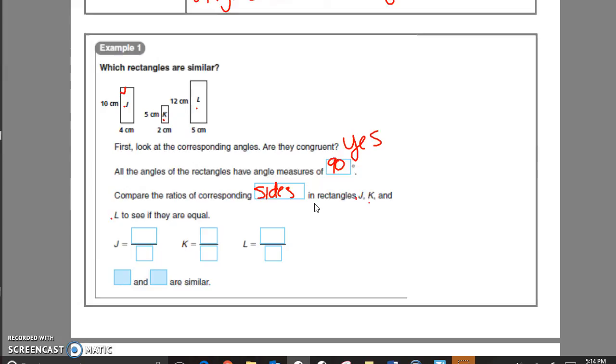they're actually equivalent. So for J, we've got this long side here, and that's 10 centimeters, and then the shorter side, that's 4 centimeters. So looking in rectangle K, the longer one goes on top. This matters. That's just like proportions from yesterday. The same thing goes on top as the bottom. So corresponding here would be the longer side, 5 and then 2. And then the longer side here, 12 and 5. Okay, so just like with our proportions, we're going to use cross multiplication